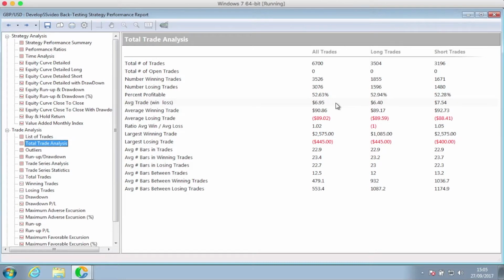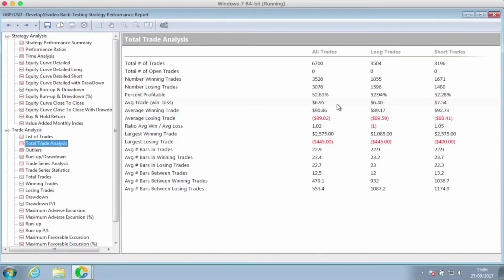Now, what I've coded into MultiCharts is that we want to trade one full lot, which is equivalent to 100,000 units. With 100,000 units on cable, each pip is worth $10. So if we were to make 20 pips on a certain trade, that would be equivalent to $200 trading one full lot. So on this one, the average trade is